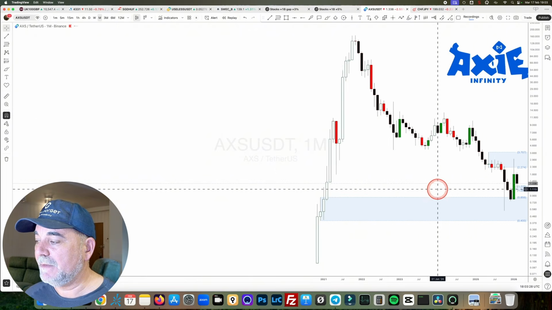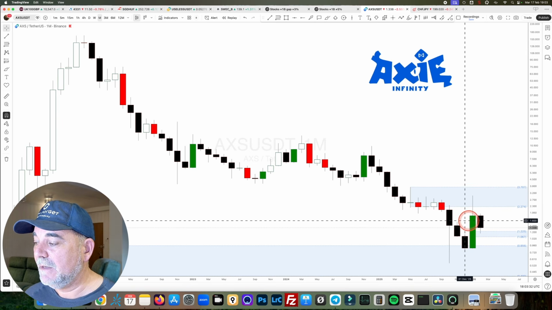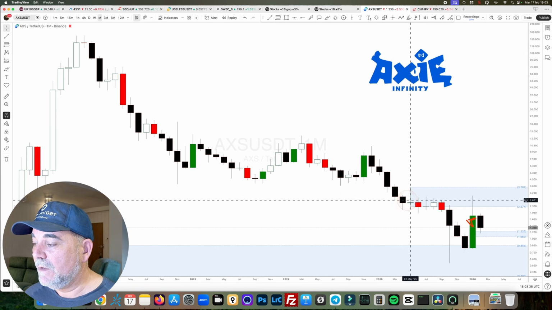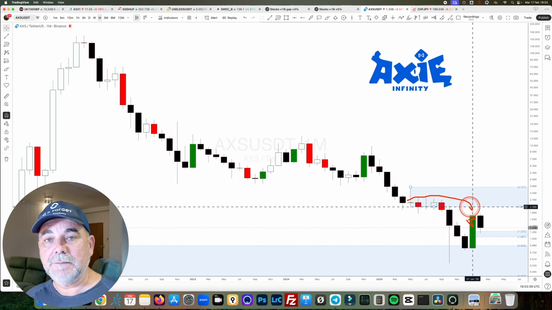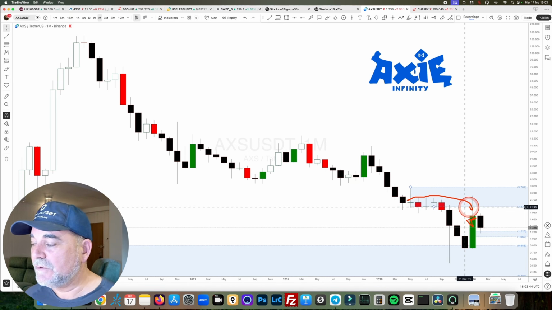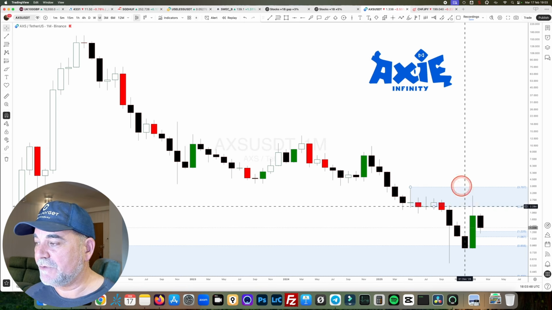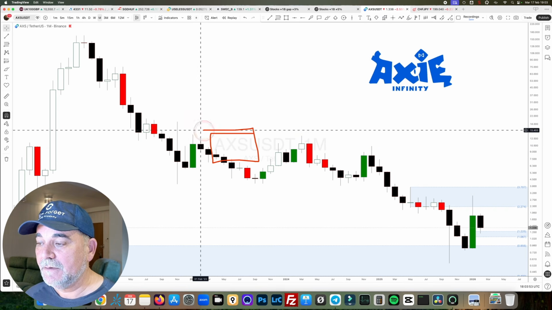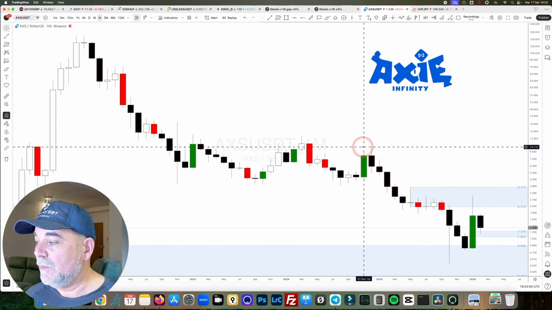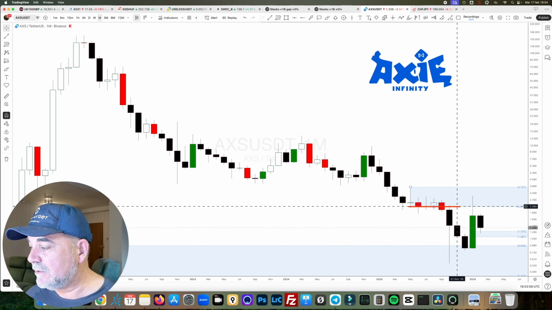So if we take a look at the monthly, it is clearly trending now, and those demand levels on the smaller time frames on the daily are located like here. So if we have a large time frame downtrend on the monthly, it is stupid to try and buy in the smaller time frame against the bigger picture downtrend. So on Axie Infinity, AXS, that's the ticker symbol for this cryptocurrency, we have a downtrend, with the supply level in control.